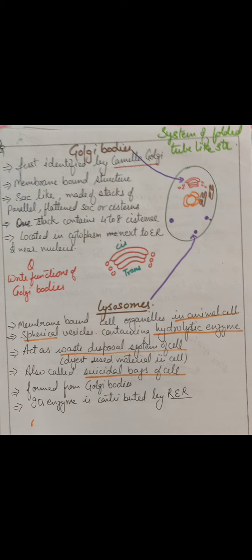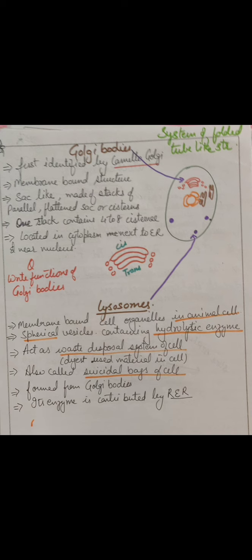And from where has it been formed? Just see that the endoplasmic reticulum, present close to this Golgi body, has contributed in the formation of Golgi bodies. It means the rough endoplasmic reticulum, whose corners get pinched off, makes vesicles. These vesicles join and attach with one another and result in the formation of these parallel tubes. So the Golgi body's formation is from the endoplasmic reticulum. They get collected near the nucleus. Clear?